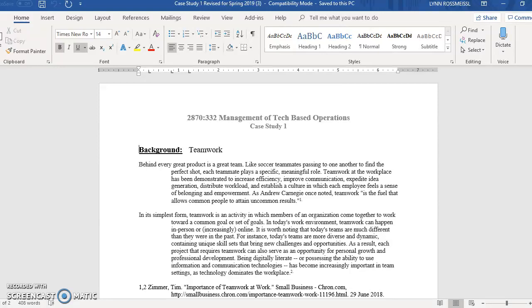Hi class, I wanted to spend a few minutes talking about each of the case studies because there seems to be a problem sometimes with students reading all the requirements. So I thought I would quickly walk through each of the case studies, and so I'll start with case study 1. For each of the case studies, which are attached under the assignments, the case study will start off with